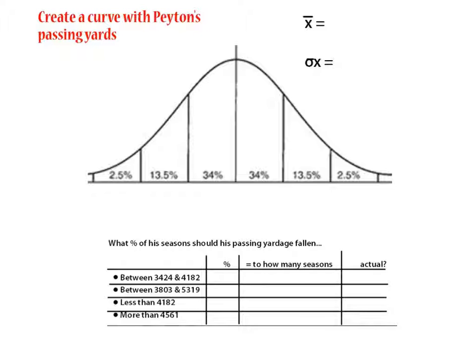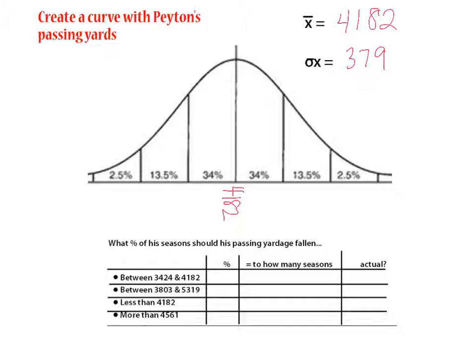When I did that, I got a mean of 4,100, and I'm going to round these off, just 4,182. The standard deviation is 379. With that information I can fill in my normal distribution curve, and my mean is going to go right down the middle, 4182. And then I'm going to add,